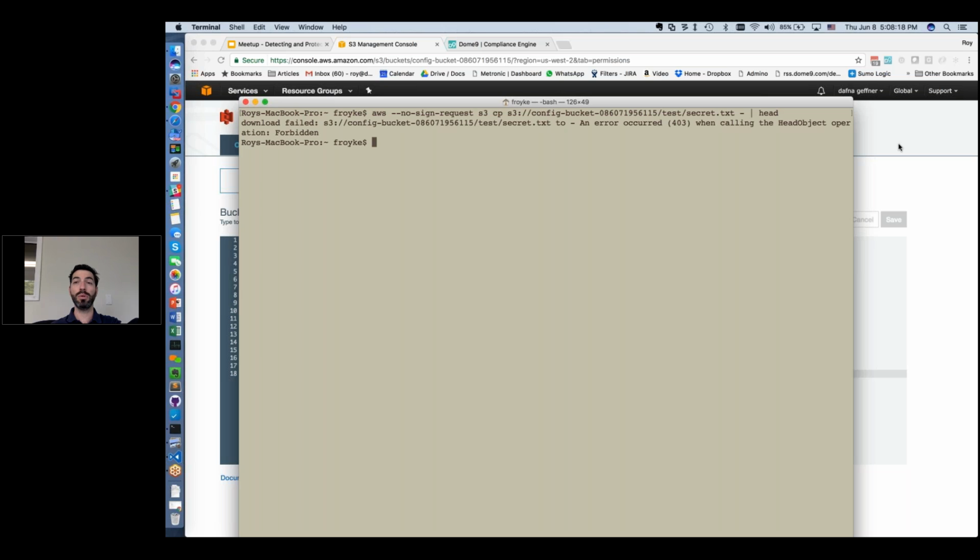And woohoo! So you can see download failed, action forbidden. An error occurred when calling the object, operation forbidden. It means that our firewall policy actually works. Now, that, as I said, will not protect us from everything, because that only protects us from anonymous access to our users. If, for some reason, my objects are allowing